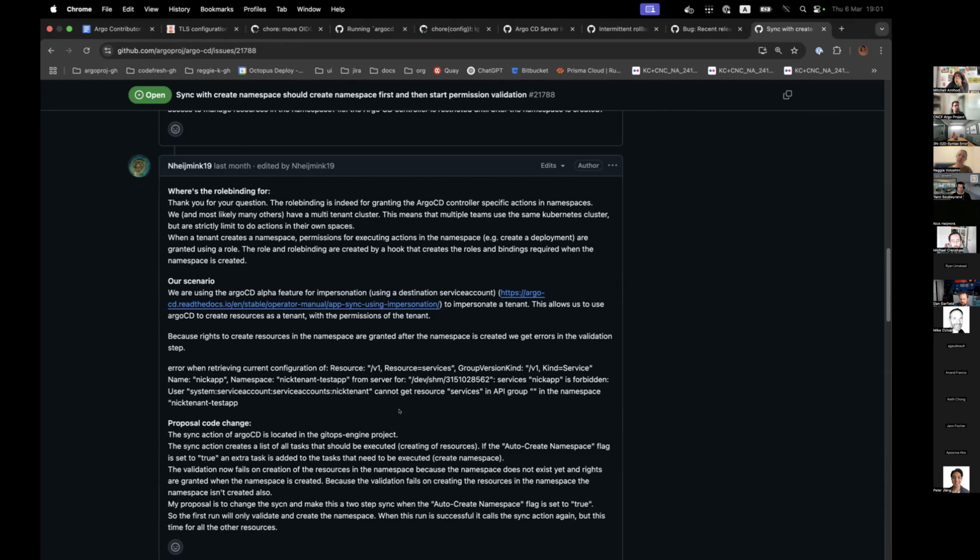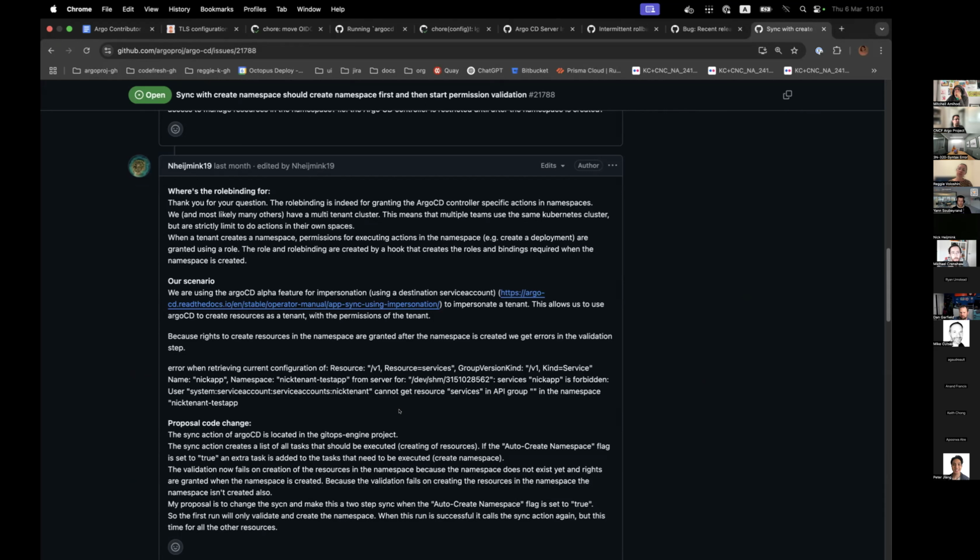That seems like odd behavior to me. It feels like I should be able to put something in a sync wave, have Argo CD attempt to apply it regardless of all other resources, and then retry the sync if only the namespace worked and there's some gap of time where the other stuff has to be set up, then eventually the sync would work. So rather than skip dry run on missing namespace or any new flag like that, I think we should analyze whether sync waves ought to operate independently or more independently than they do now. That would be also great. Yeah, and it would solve the issue too.